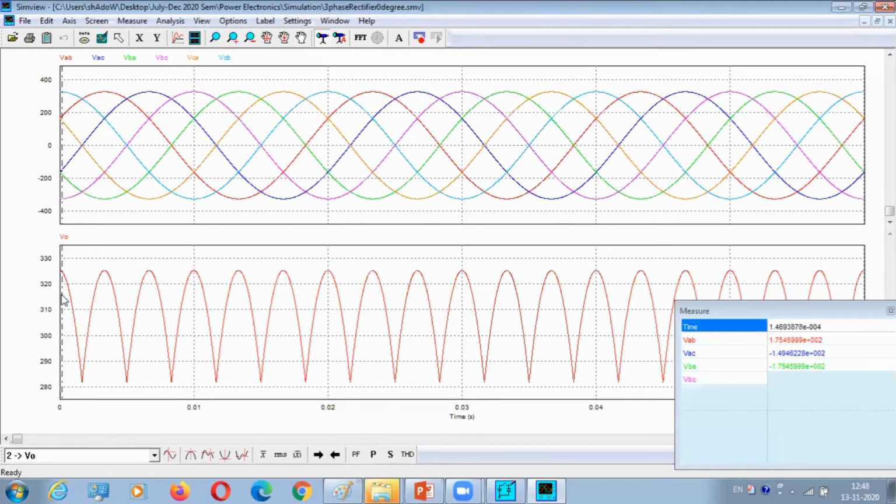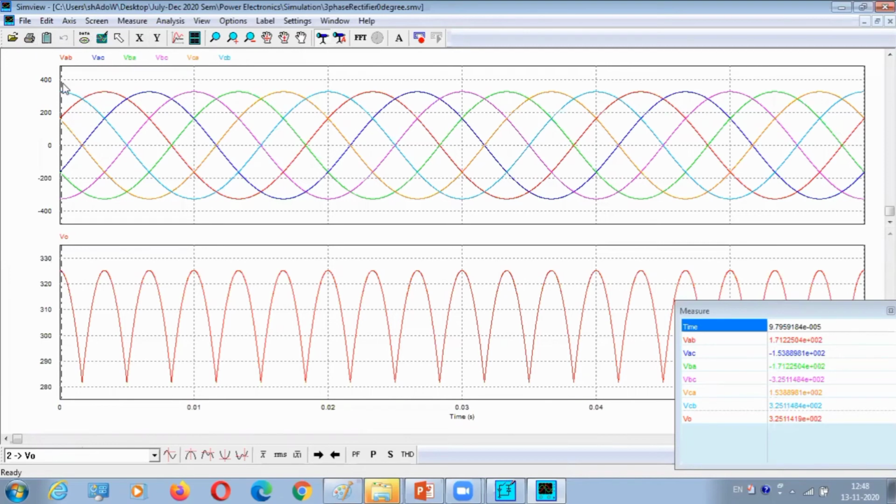Now if you bring it close to the starting point, at this point it is between 320 and 330, so it should be around 325. That is V0. So V0 is 325, and it is decreasing from 325 to this point. Now if you see this point voltage, which voltage am I drawing? Obviously this blue line is VCB. So VCB is 325. So VCB is nothing but your V0. See, exact V0 over here. So both of these are coinciding with one another. That is why I am drawing this diagram.